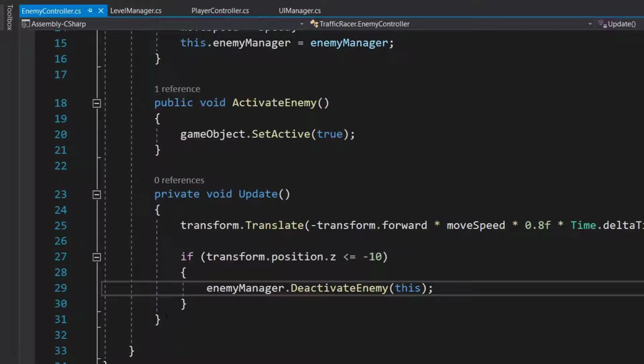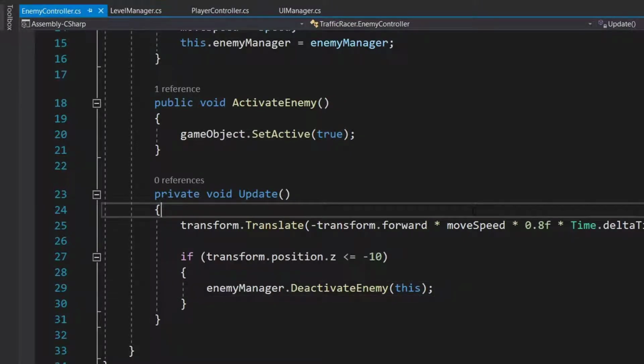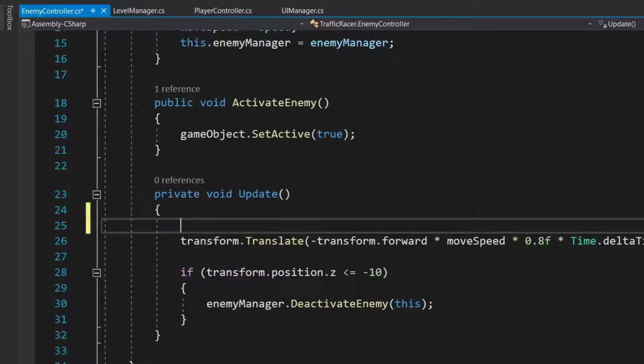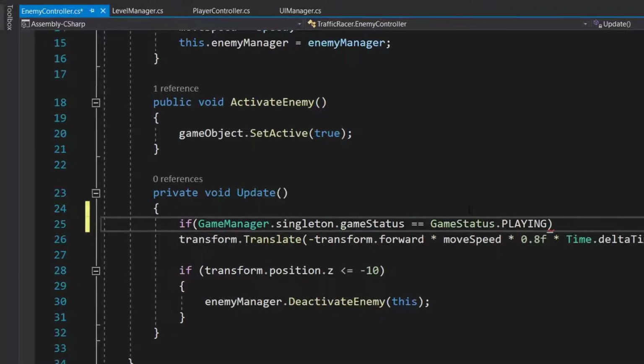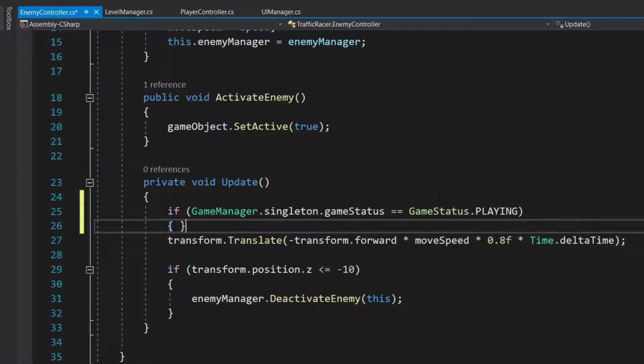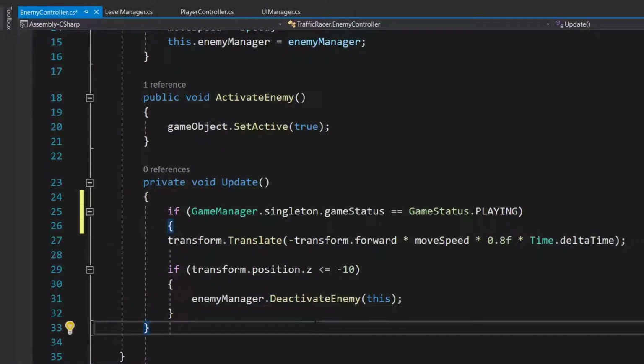In the update method, we are changing the position of our enemy. So here we will create one if condition: if GameManager.singleton.gameStatus is equal to GameStatus.playing. So if the game status is playing, then only we are going to move our enemies.